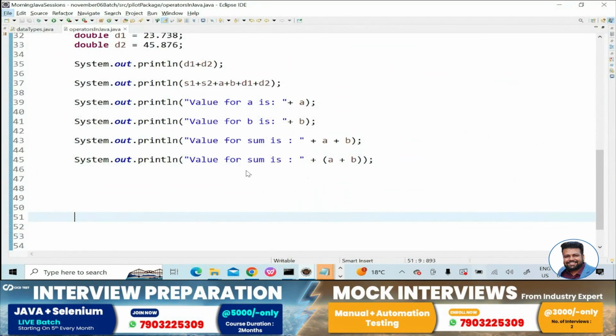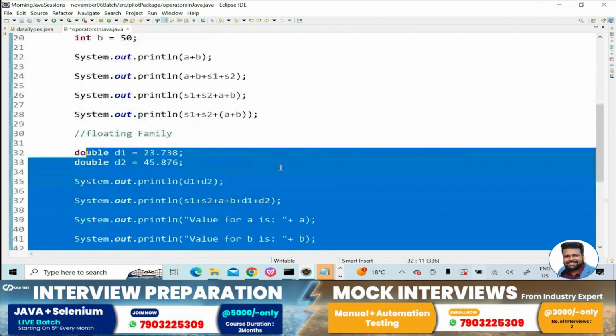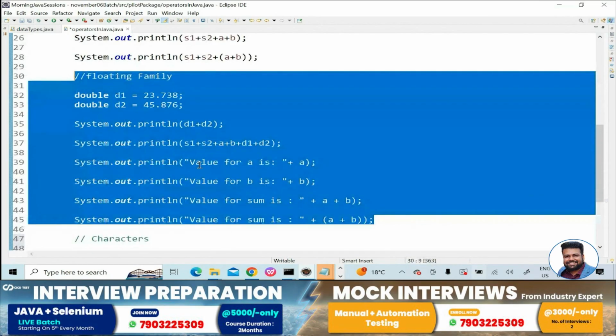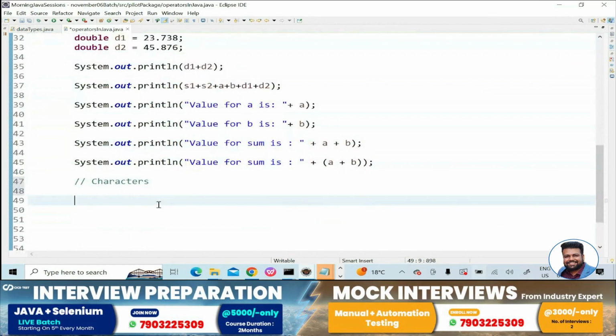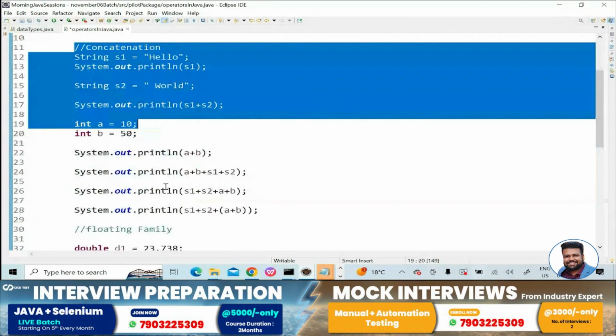So this was about it. Now let's understand it with characters. So guys, just do a little practice, you'll be able to understand. It's not a rocket science thing or something like that. It's completely simple, Java. You will face these kinds of questions in the interviews, and it